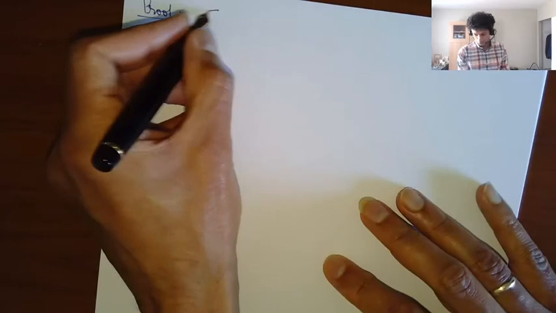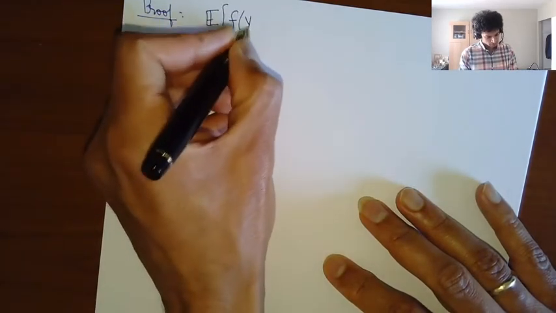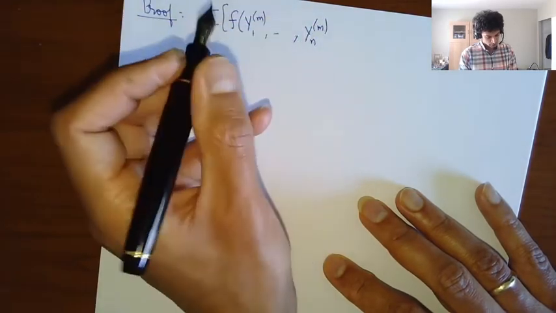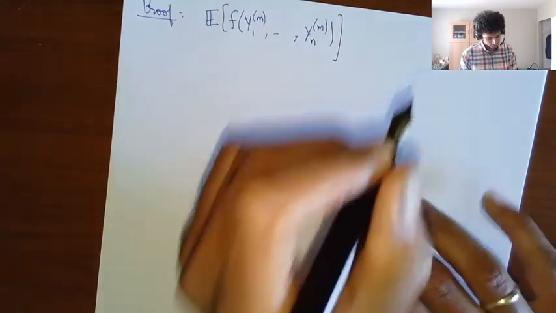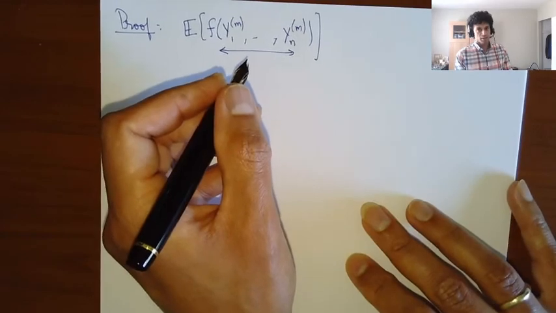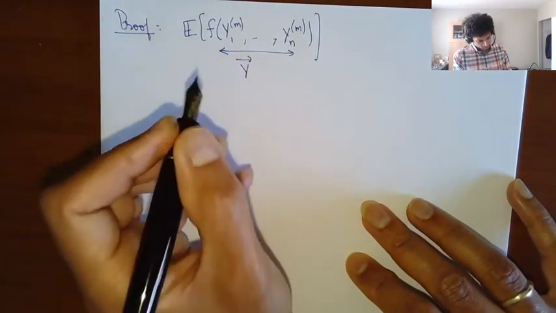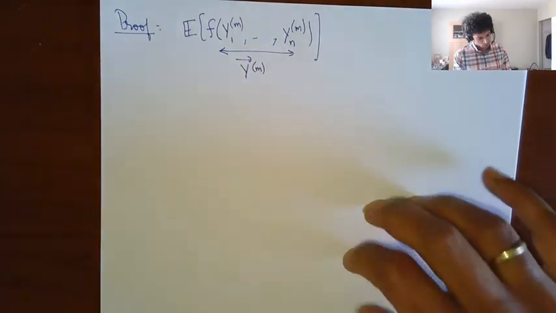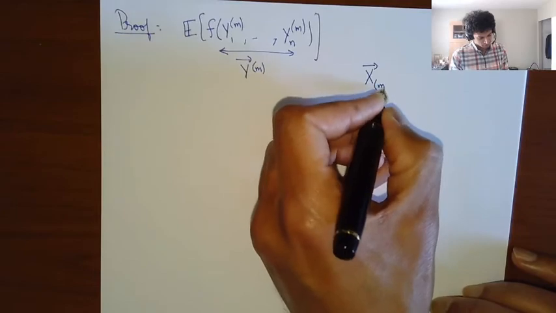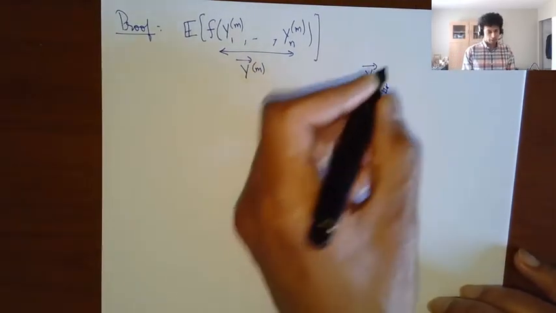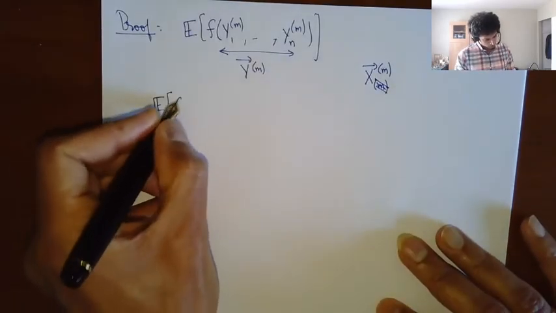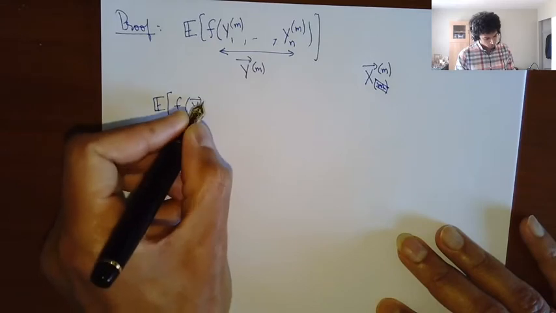The proof says, well, okay, let's look at the expectation of f of y1m up to ynm. For convenience, I'm going to just represent this as a vector. I'll just call this the vector ym. And analogously, I'm going to have the vector xm. Okay. So the expectation of f of ym